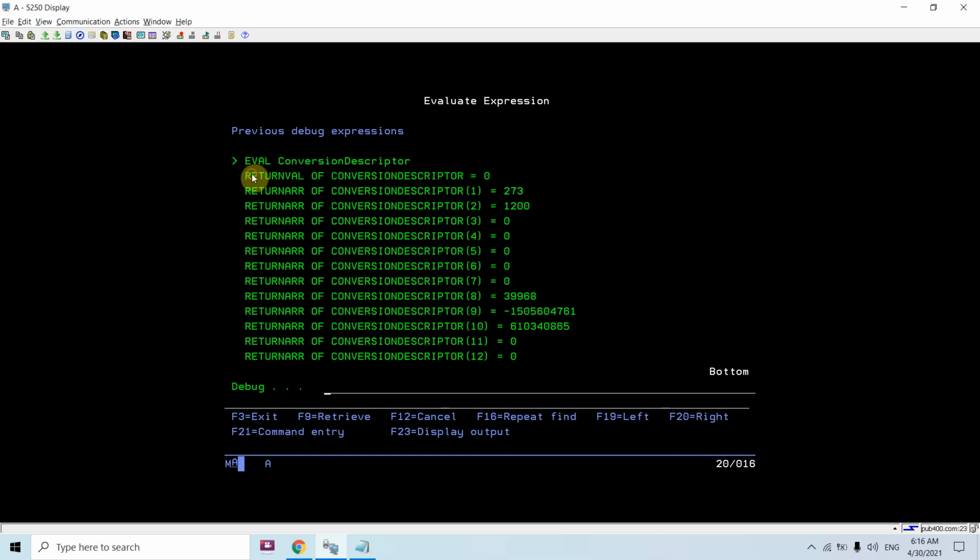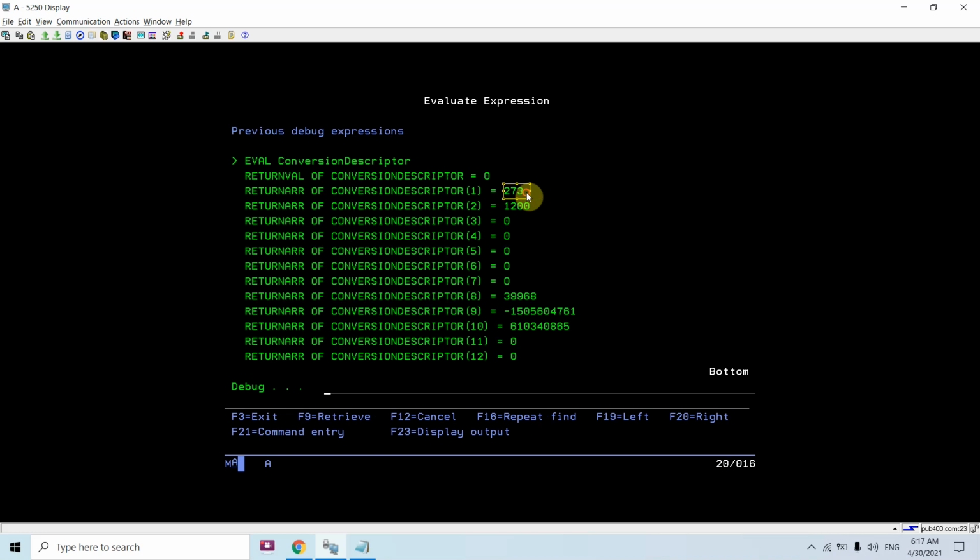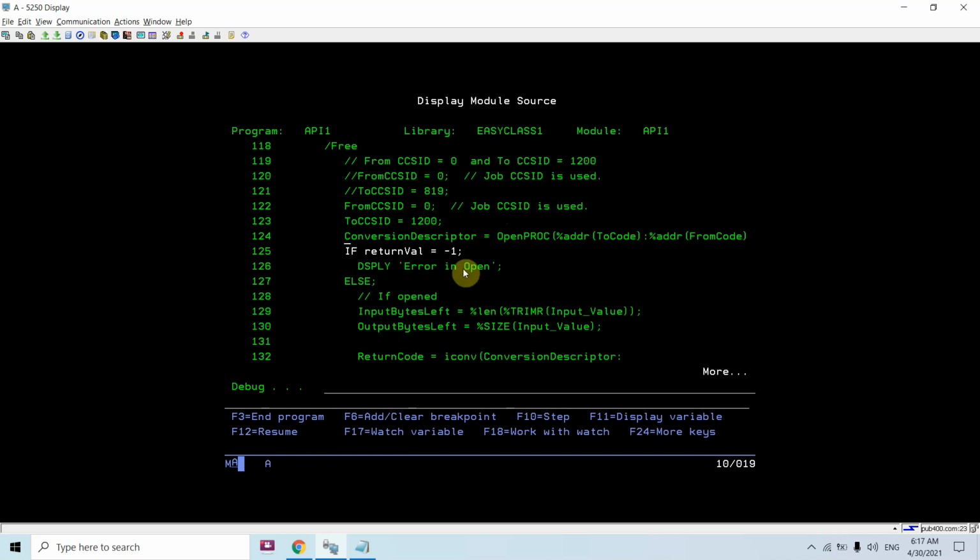You can see the conversion descriptor returned as 0 and with other information as well, like you can see 273 and 1200. So this is the from CCSID and this is the 1200 CCSID. These are other things which are not of any use for now. And you can see we have passed from CCSID as 0 and it takes the job CCSID. So the job CCSID is 273 right now.